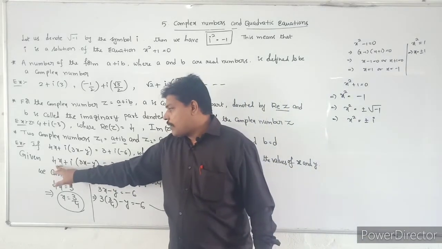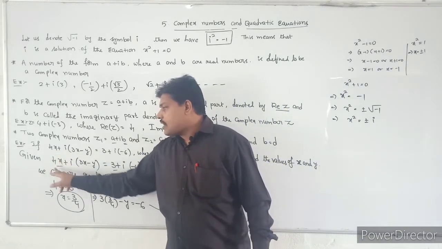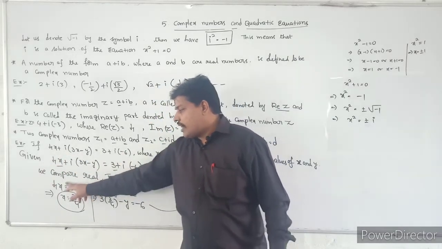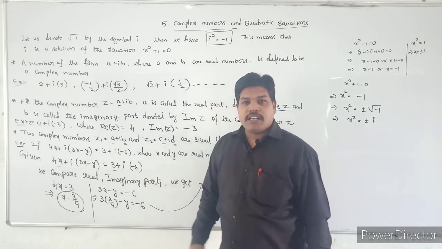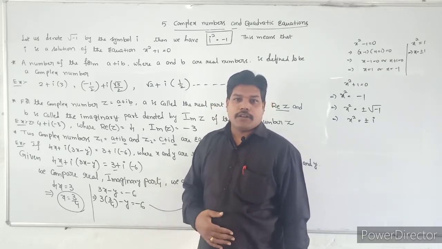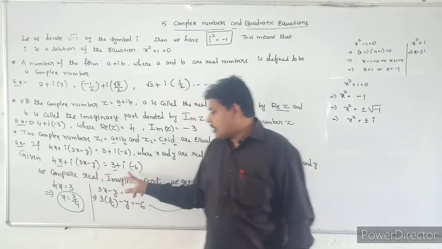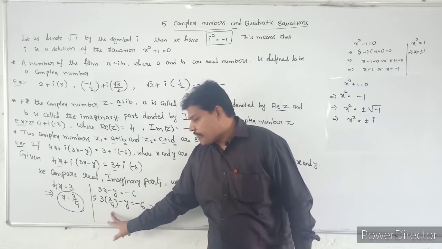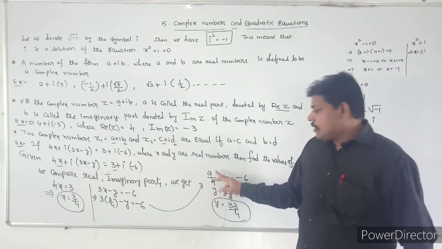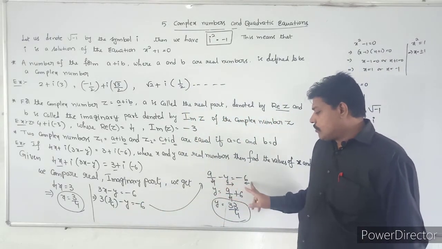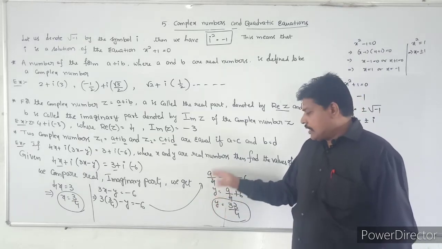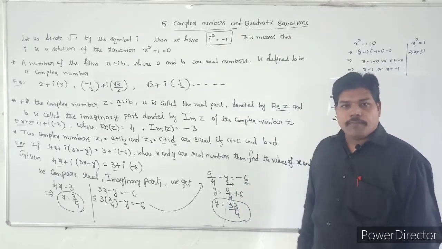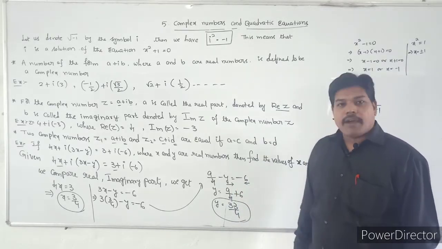What is the real part? This value is the real part, and the real part in the second complex number is 3. Just equate them, you will get x equal to 3 by 4. And what is the imaginary part? The i coefficient is the imaginary part. So the i coefficient is 3x minus y. And what is the i coefficient here? Minus 6. Equate them, 3x minus y is equal to minus 6. The x value is 3 by 4, and this value here is 9 by 4. Minus y is equal to minus 6. Take this minus 6 to that side and this minus y to this side, it will become y is equal to 9 by 4 plus 6. Take the LCM 4 and you will get the y value as 33 by 4.